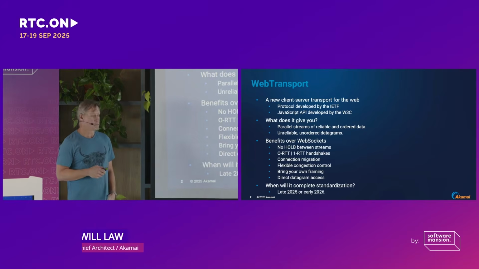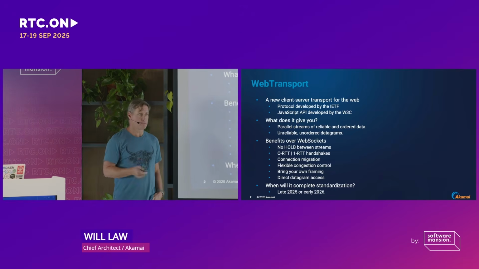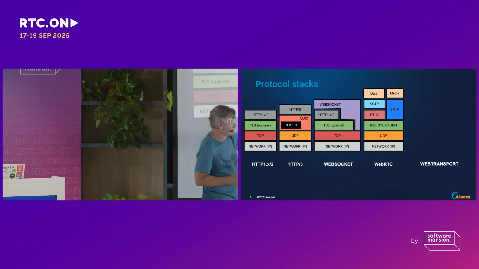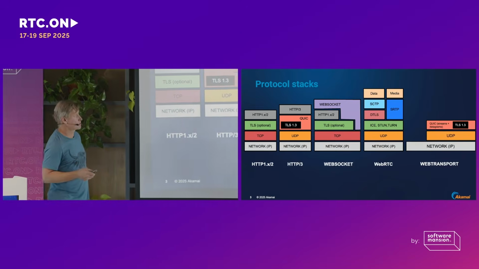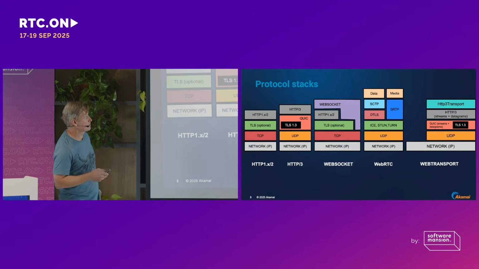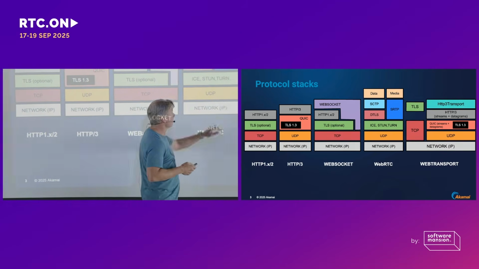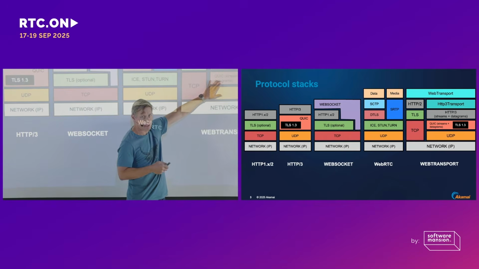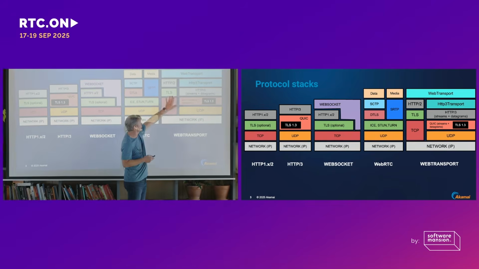So we're hoping really to get the spec to go to the next step, candidate recommendation, by December of this year, and have it released. But it is available, well, let me just show you the tech stack. These are the tech stacks that we all work with today. WebTransport is essentially built on top of QUIC, which is built on top of UDP, and an abstract layer called HTTP transport. There's also a parallel H2. This is for networks that for some reason block QUIC. Some do today. I don't think many will over the next few years, but if you want to make this robust, you need a failover.